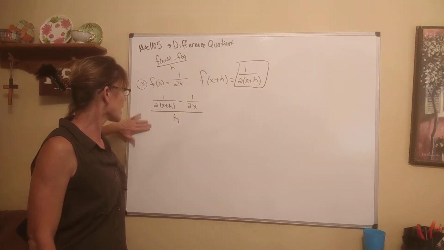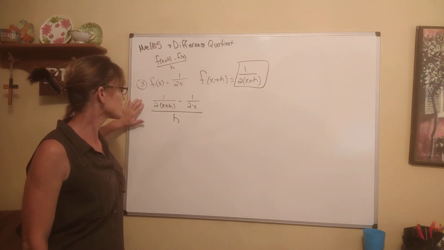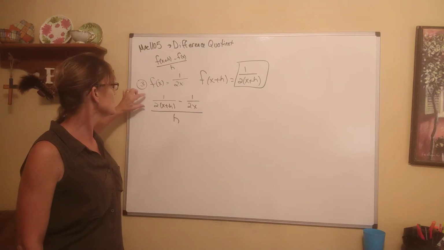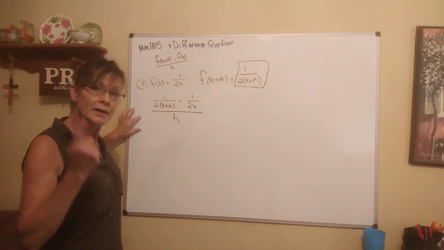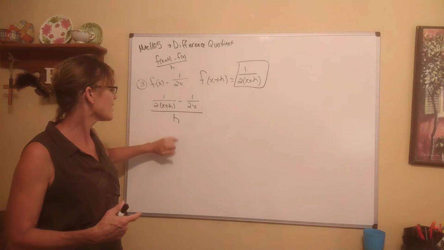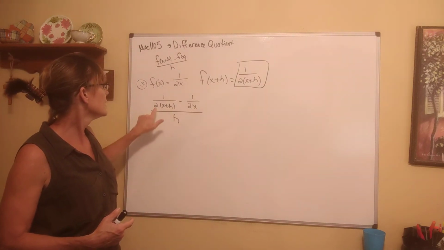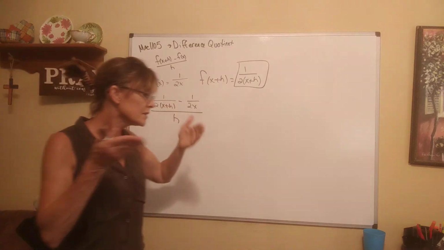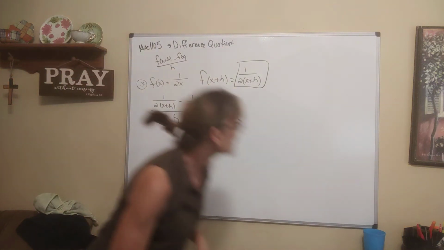This is a complex fraction, and to simplify this complex fraction, I'm going to multiply the numerator and the denominator by the lowest common denominator that I see. I don't really see, h doesn't have a denominator. You just take it over 1. These guys have a denominator. So the lowest common denominator that I can see